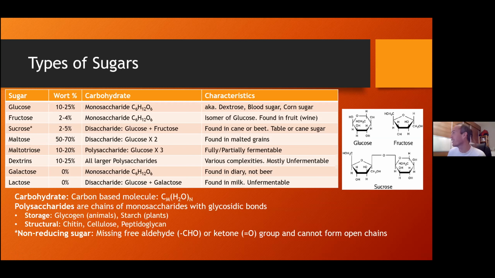So here's a little picture of what glucose and fructose look like. And then sucrose is bound in a sort of, if you swap the two around, you can sort of make out how they're bound together. You need water to break this bond, and you need water to join the bond. And we'll talk more about sucrose and glucose later on.